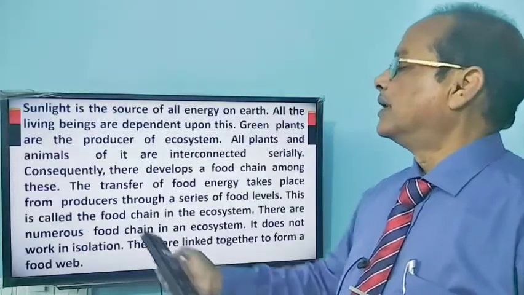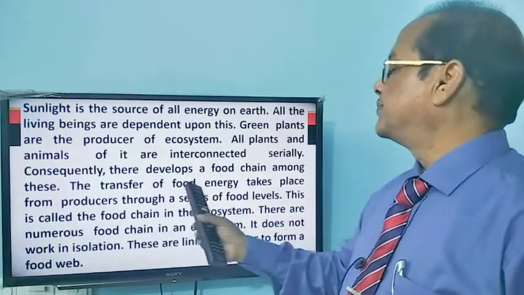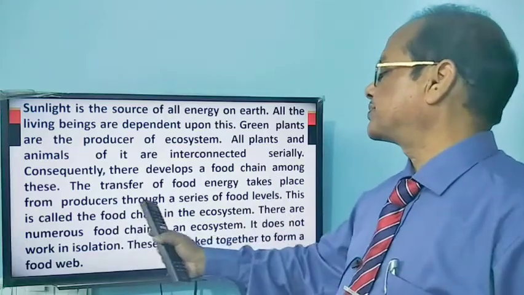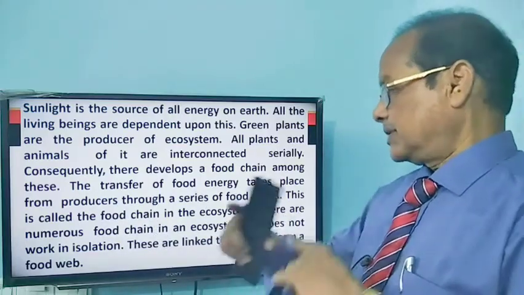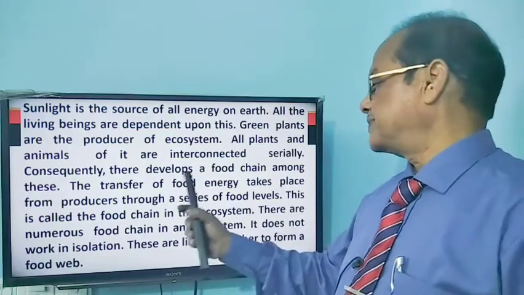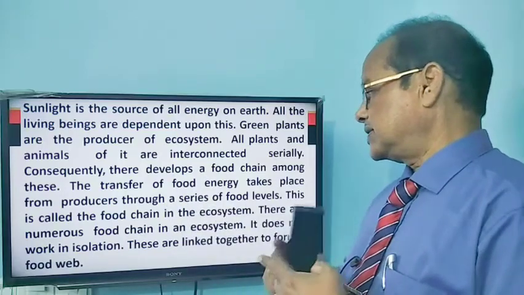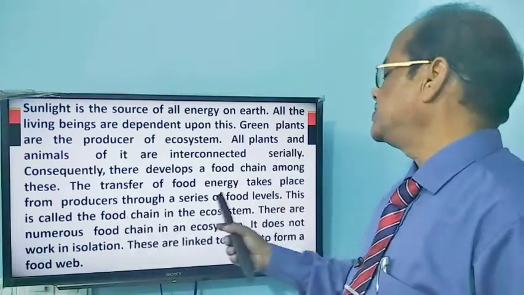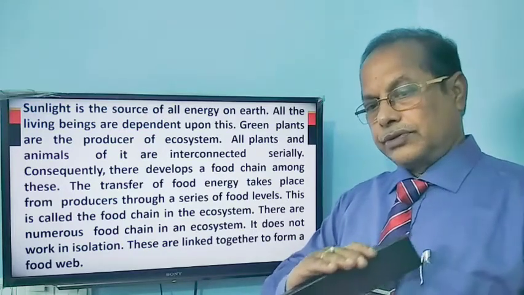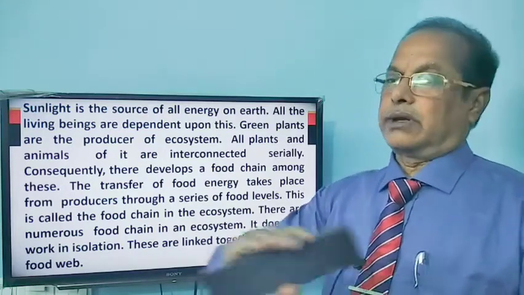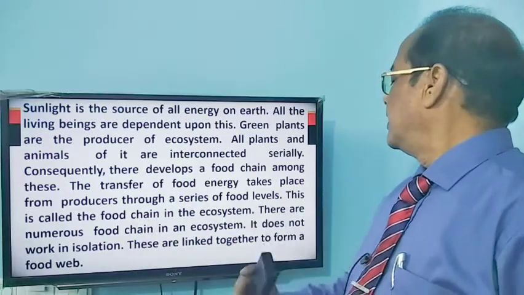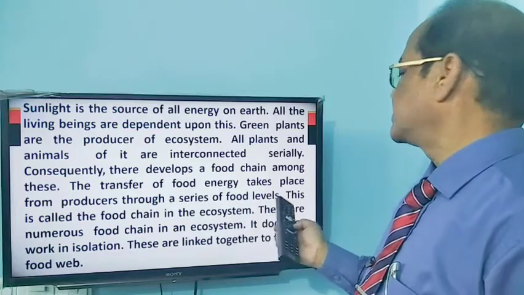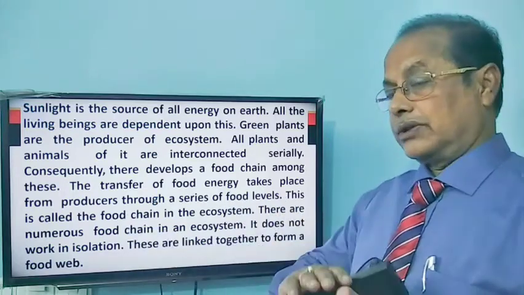Then the transfer of food energy takes place from producers through a series of food levels. ট্রান্সফার মানে কি? সঞ্চালন। খাদ্য শক্তি সঞ্চালিত হয় from producers through a series of food levels, উৎপাদন সূত্র থেকে একাধারে অনেক খাদ্য মাত্রার উপরে। তো এই জায়গায় আমরা কোনো প্রোনাউন আনক্লিয়ার পাইনি, সুতরাং এই লাইনটা আমরা আর পড়ছি না।